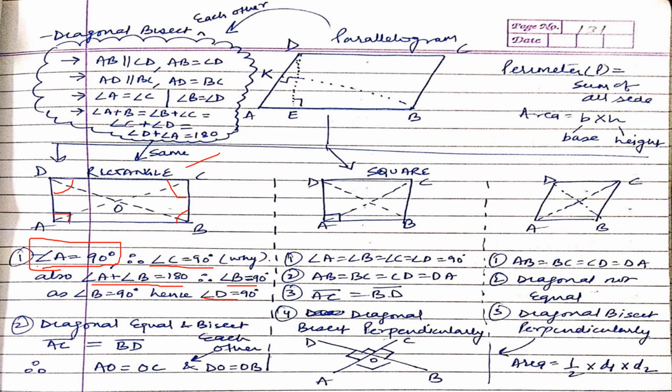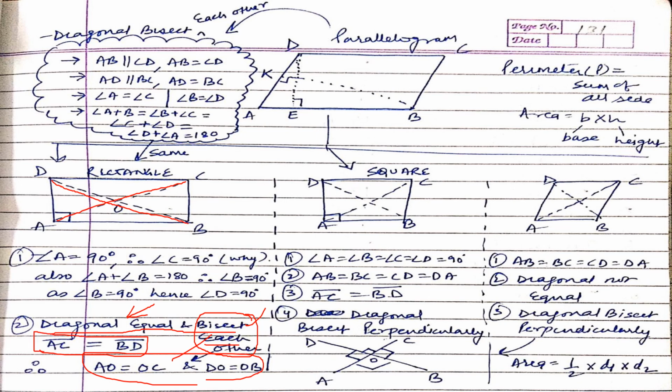And it becomes a rectangle. Second thing, it is saying diagonals are equal and bisect each other. This we have seen in the parallelogram also, that diagonals bisect each other. Here this is the extra property. What is extra? It is saying AC is equal to BD. This is an extra property of the rectangle. The bisecting we have already seen in the case of a parallelogram, this was already discussed. This is the new thing in the rectangle. So you have to understand the differences, how the child is different from the parent.